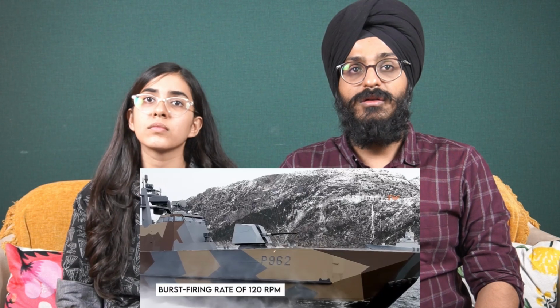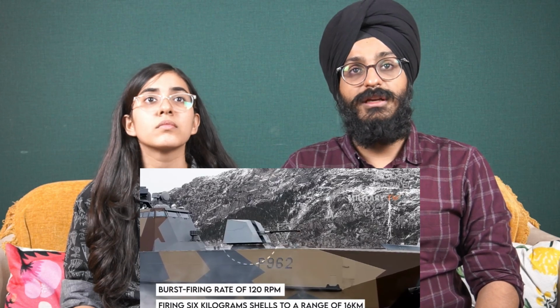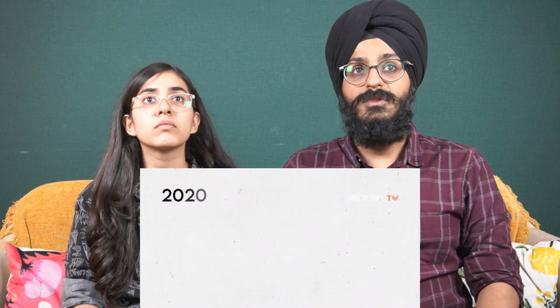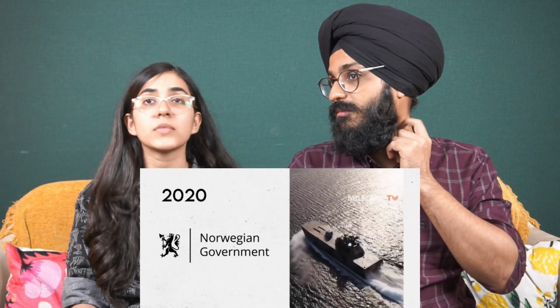The ship's gun for deployment against aircraft and other vessels is the Oto Melara 76mm Super Rapid. The gun has a burst firing rate of 120 RPM, firing 6-kilogram shells to a range of 16 kilometers. In 2020, the Norwegian government decided to further upgrade the Skjold-Class vessels,